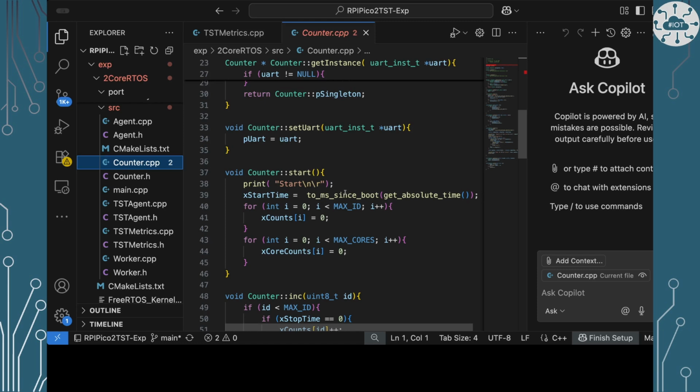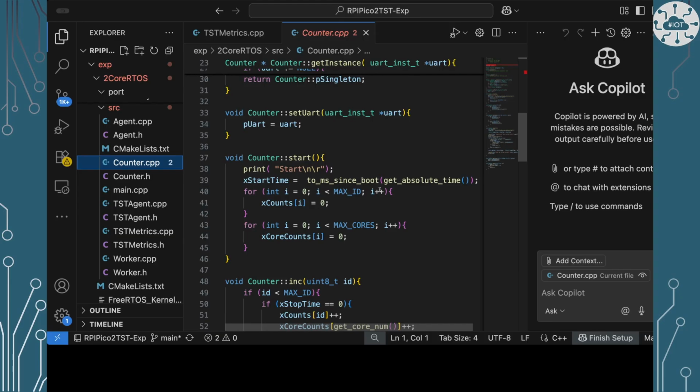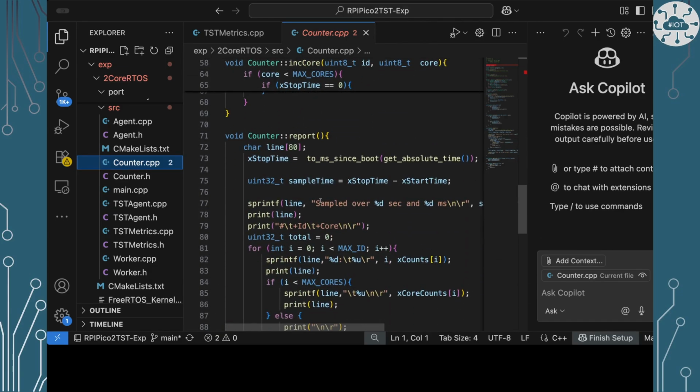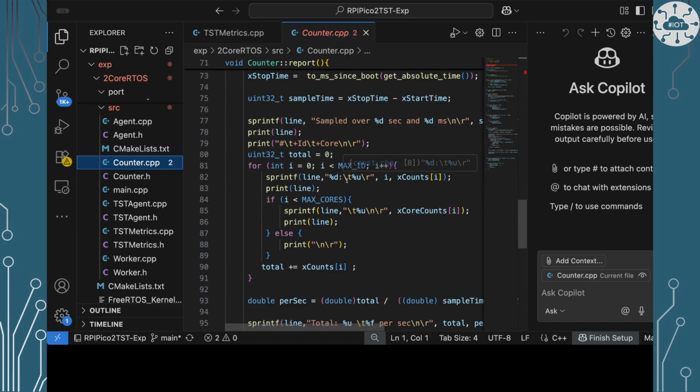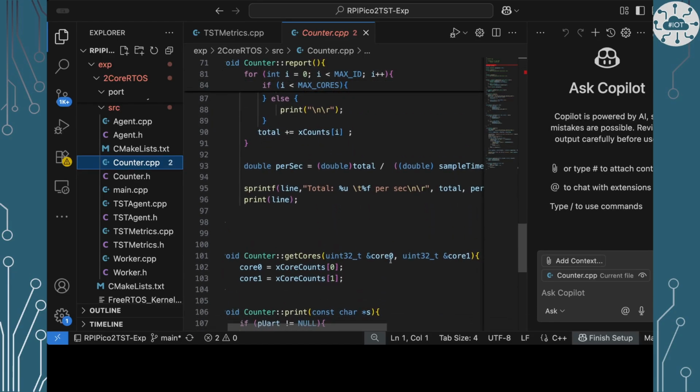So instead of using standard IO, because I'm still using standard IO for TST only, this time I'm using UART 0 on GPIO 16 and 17, and I'm using it to be able to actually send out information. So where we start here and we do print start, and when we do report, we're going to go through a whole load of prints here, and all of this information is actually going to come out of standard IO,